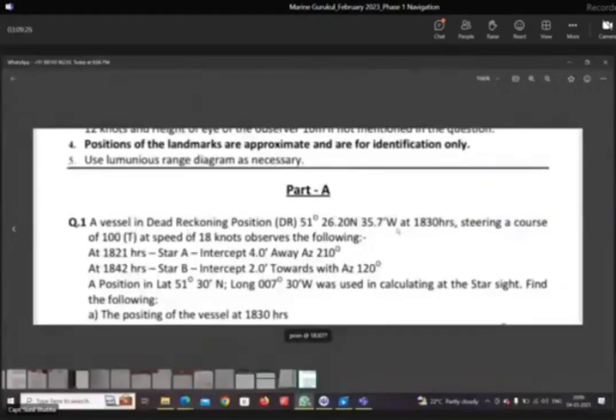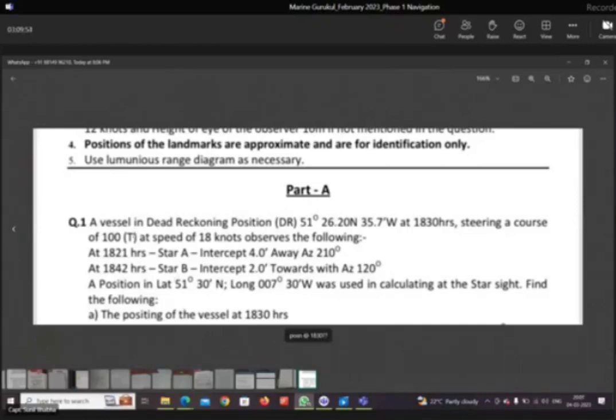A vessel in DR position so and so at 1830 hours steering a course of 100 observes the following: 1821 hours this much, 1842 this much. Position in lat was used in calculating the star side. Find the following. Okay, क्या डाउट आ रहा है इसमें बेटा? सर इसमें वेसल डीआर भी दिया है, वो 1830 का दिया है सर, और फिर साइड के लिए अलग डीआर लिया है सर उसने, और फिर पोजीशन चाहिए 1830 का जो वेसल डीआर था सर उसका। राइट, ओके।